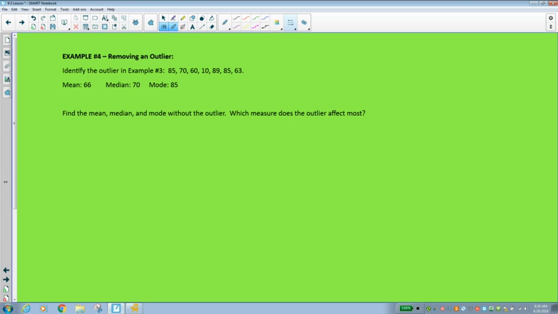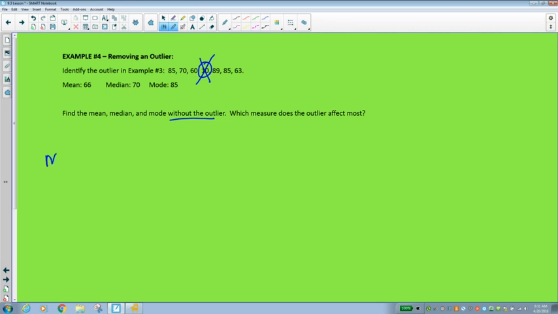So if you look at this number set, our outlier is going to be, remember, much greater or much smaller than the rest of the data, which means the outlier is 10. Okay? And so I've already found the mean, the median, and mode with the 10. Now I'm going to find it without 10. So I'm actually going to cross off that number, and now I need to do the exact same thing I did in example 3, but now I only have 6 numbers in my data set because I'm finding it without